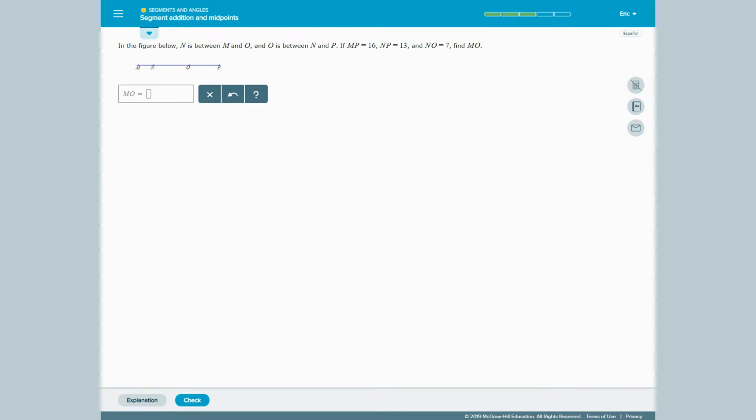Way cleaner. All right. So on my line, I'm still learning this drawing software. I'm going to have M, N, O,